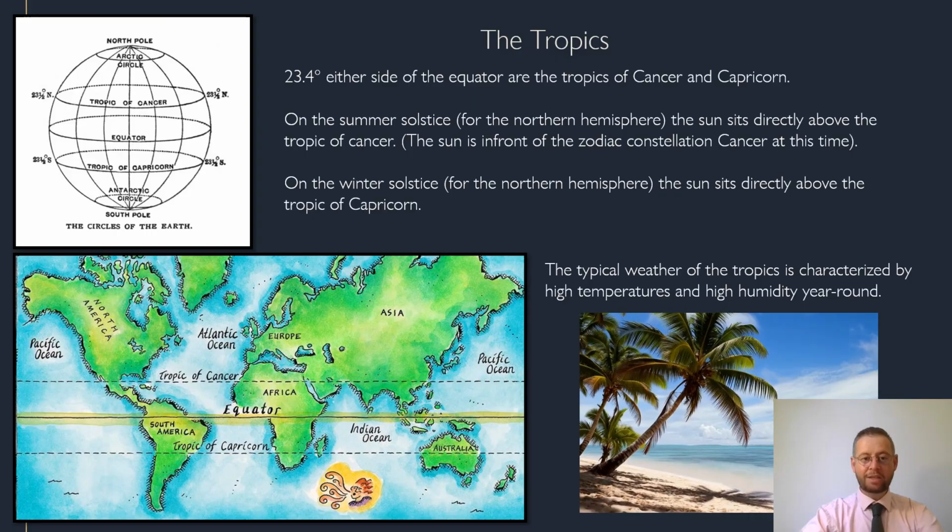You see, at midsummer, the whole Earth is tipped over, meaning the sun is not directly overhead the equator, but is actually directly overhead a bit of land 23.4 degrees around the Earth. That is, in this case, the Tropic of Cancer, and it's a line that goes through Mexico, North Africa, and Southeast Asia, and then across the Pacific Ocean. Alternatively, in the northern winter, the sun is directly above the Tropic of Capricorn, which is 23.4 degrees south of